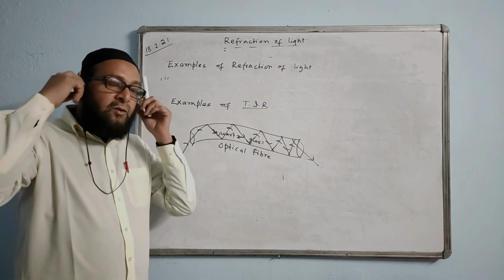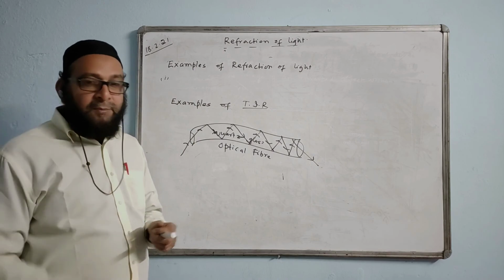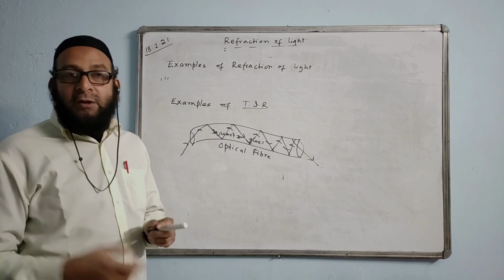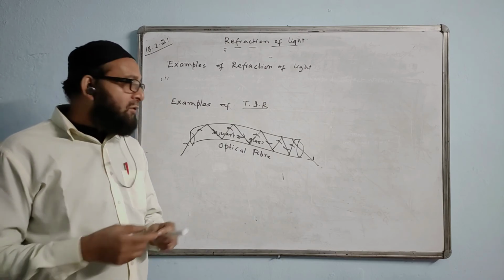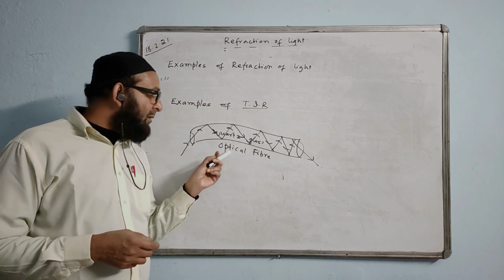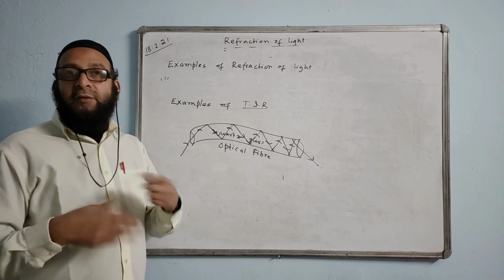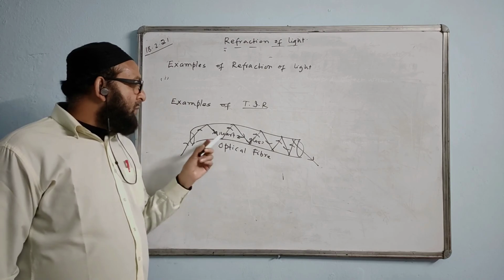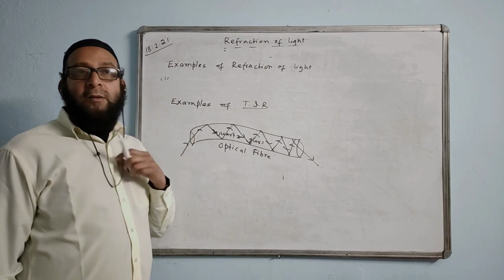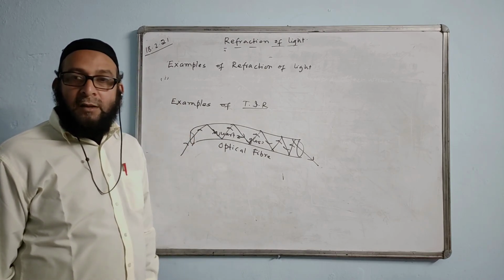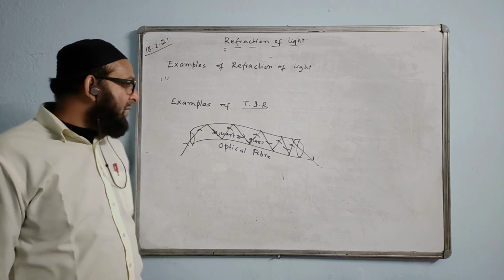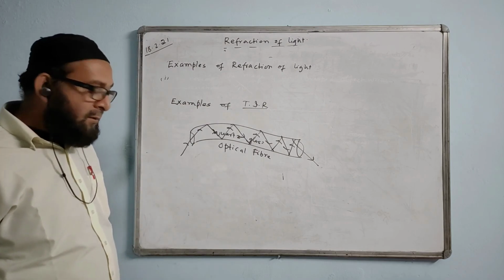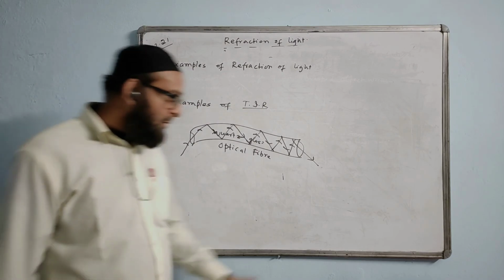Even the doctors, they use a stethoscope. That is also, the pipe is optical fiber. They do endoscopy. They take the picture of the intestine using a pipe. That pipe is again the optical fiber. So it has plenty of use. Medical use is also there. So the key point, on what principle does an optical fiber work? We say it works on the principle of total internal reflection of light. Is that okay? Understood?